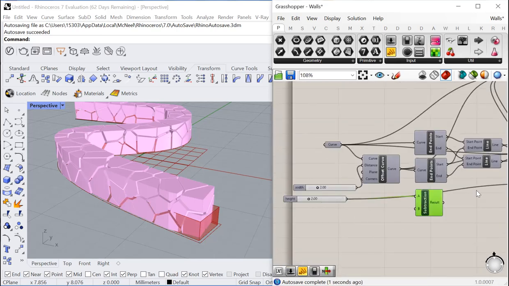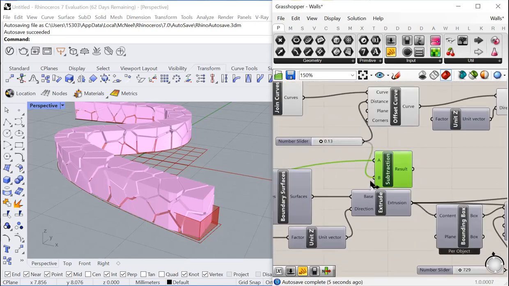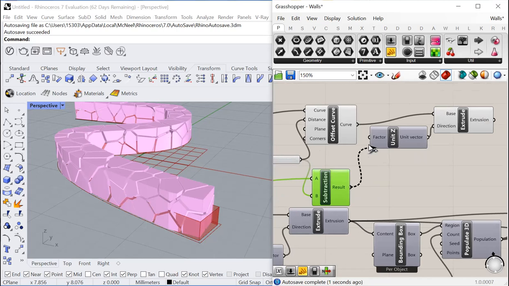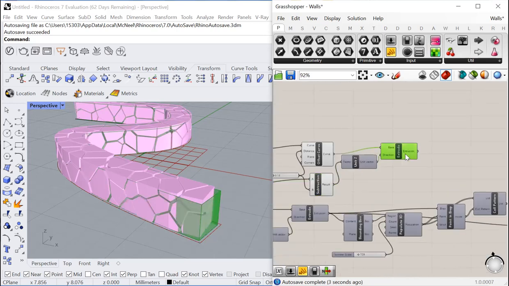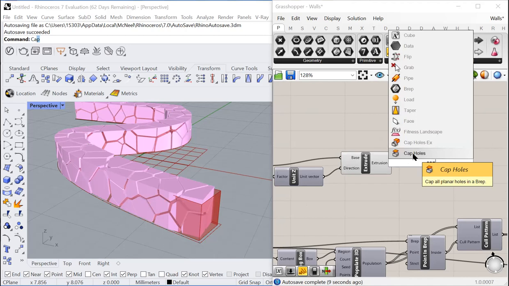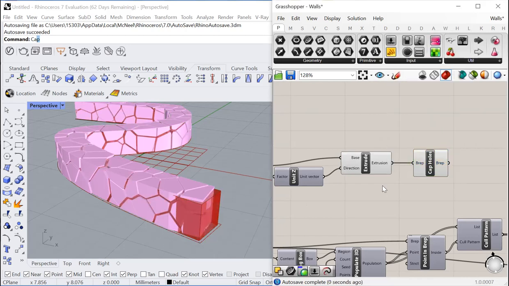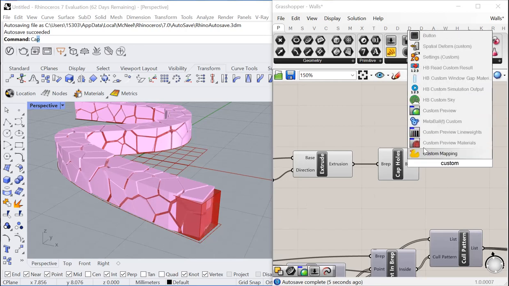So we take the height and subtract from it this boundary margin that we want to offset the grout inwards into the wall. And we will add a cap to the holes here. Great. And now we have created an inner volume, and we can also give that a custom preview,